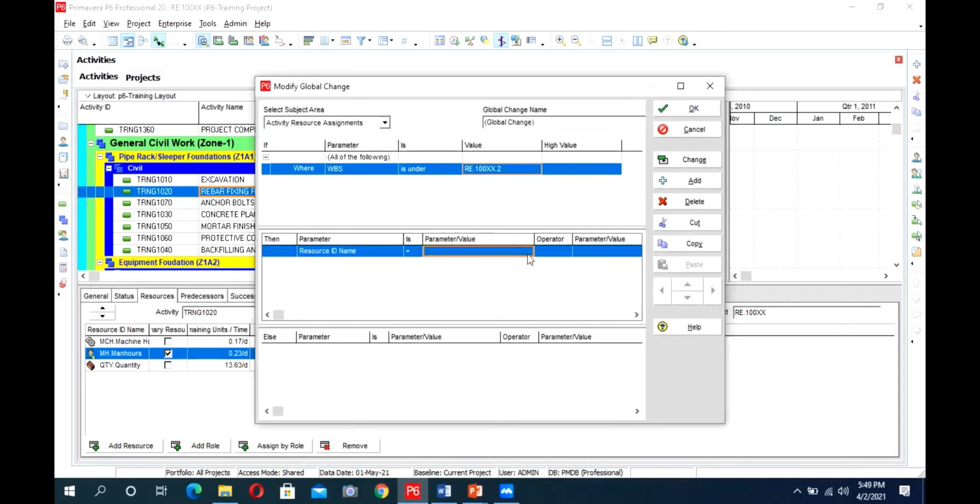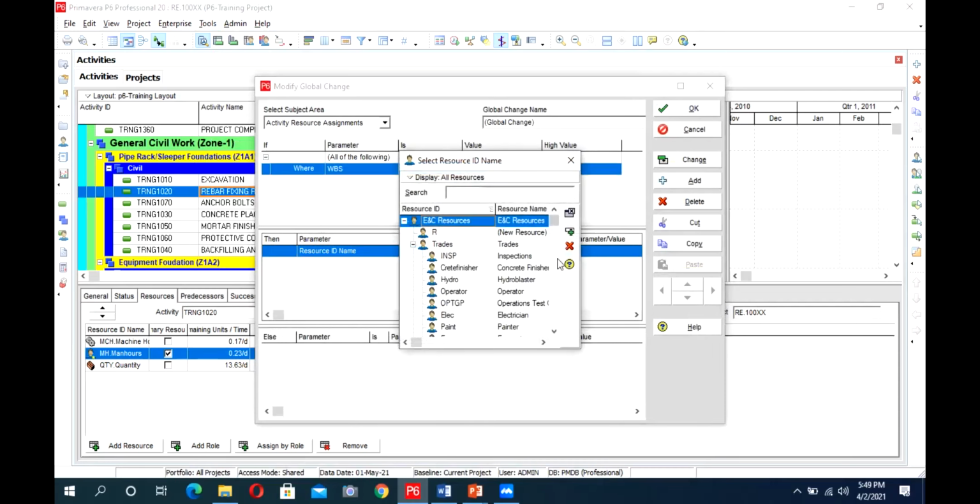The resource ID name is equal to, and here we will select our resources from here.